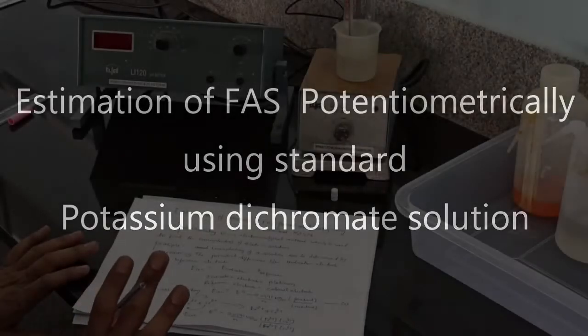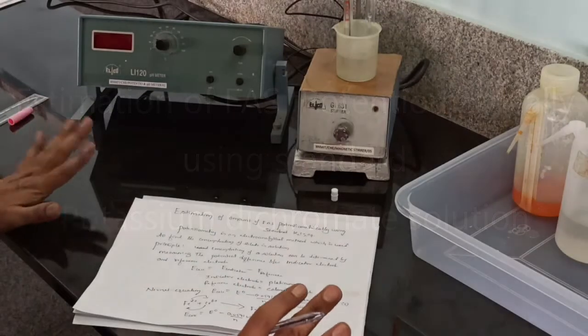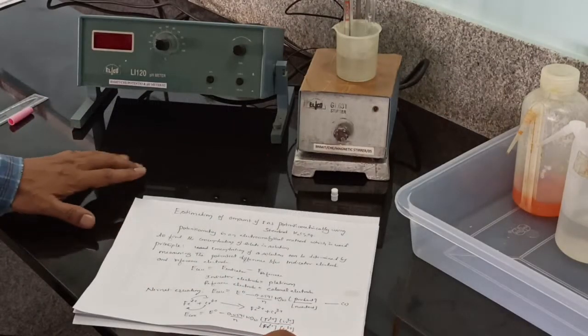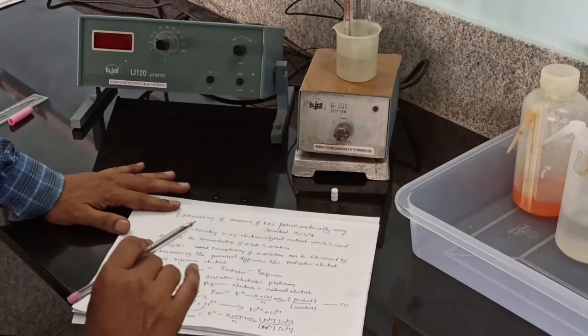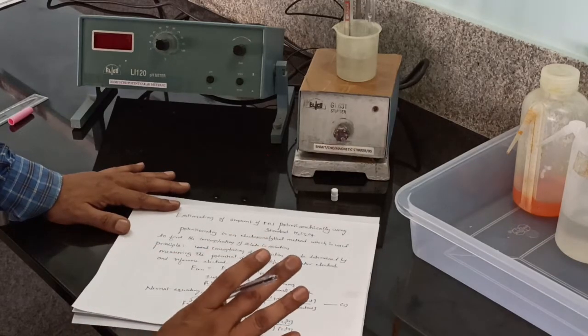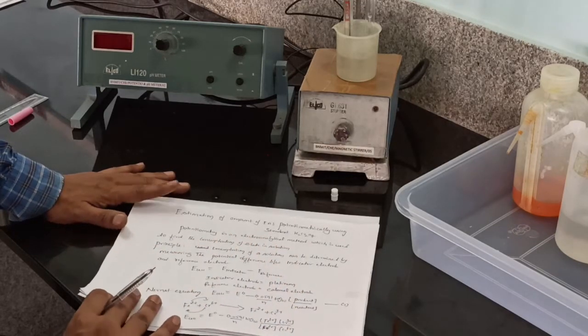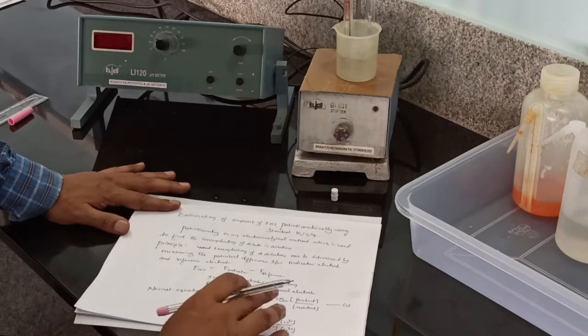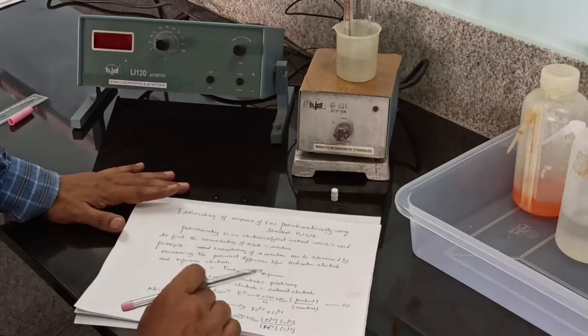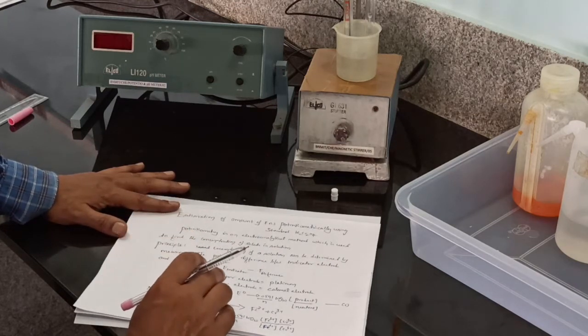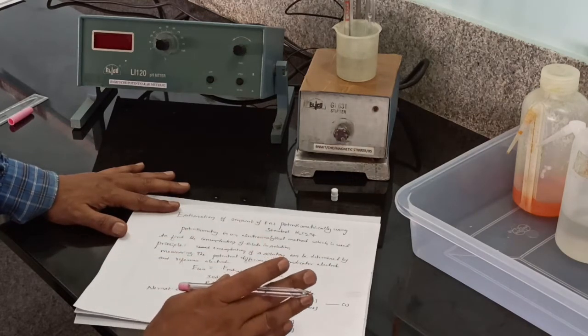Estimation of amount of FAS potentiometrically using standard potassium dichromate solution. Potentiometry is an electroanalytical method used to find the concentration of solute in solution. The principle of potentiometry is used to find the concentration of solution by measuring the potential difference between indicator electrode